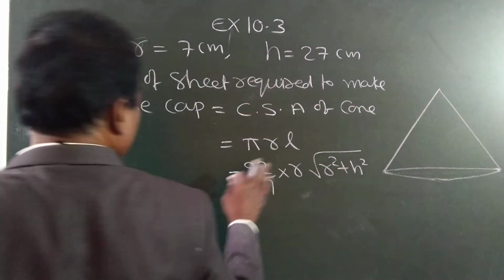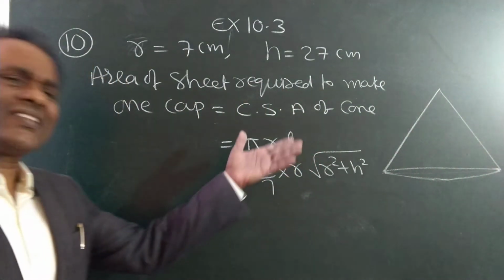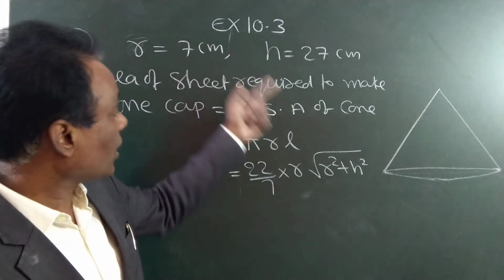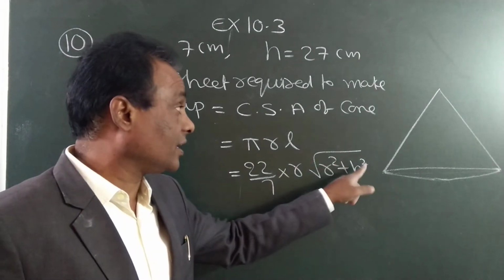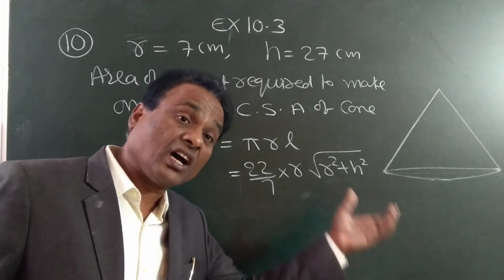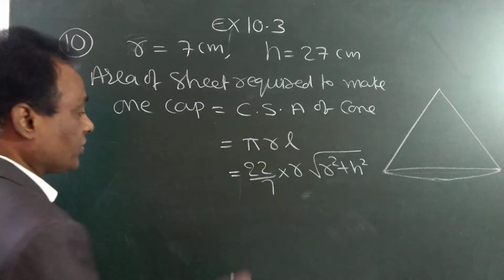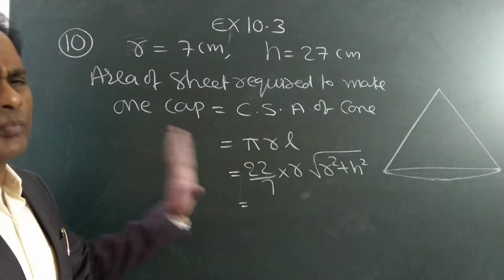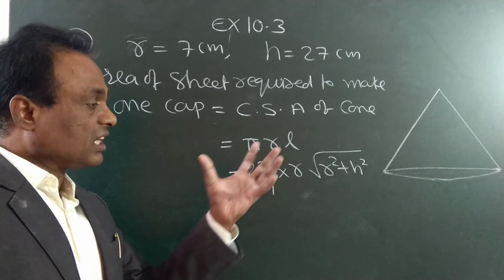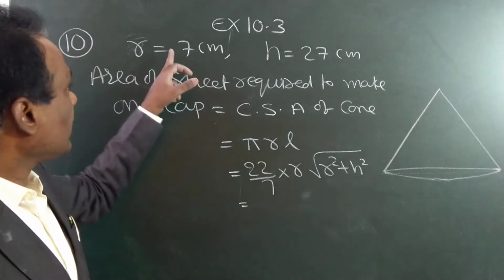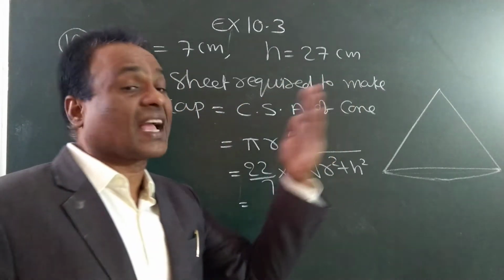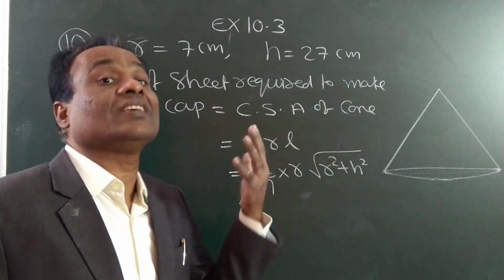The formula, the concept is simple, but again the simplification is very difficult, because we have to substitute r, substitute h, square them, add them, and find the square root. If it is not a perfect square, we may get a fractional square root. So a lot of simplification, students. The concept is simple, because it is not like the previous problem. Only one figure is given, that is a cone. The cap is in the shape of a cone. Radius is directly given, height is directly given. So we have to find the curved surface area, because that is how much cloth is required to make this cone.